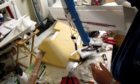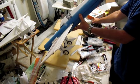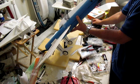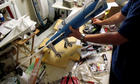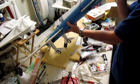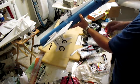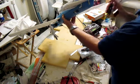Now let's go ahead and have a look at that. Up, down, up, down. Perfect. That's a big control throw right there. Woo, baby. Up, down, and it centers perfectly. That's what I want. Beautiful, beautiful. That's exactly what I want. Okay, so now we got